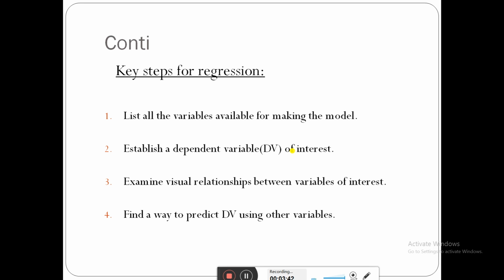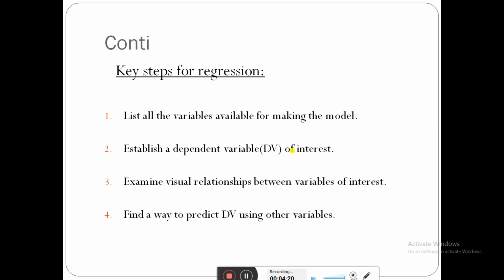We'll take an example of age and date of birth. There are two variables. We have collected the two variables to construct the model for finding the current age of a person. Then we have to identify the dependent variable. The dependent variable here is age. Age depends on the date of birth. Our aim is to find the current age of a person. So our variables of interest are date of birth and age. See, the dependent variable is age, that is our interest.